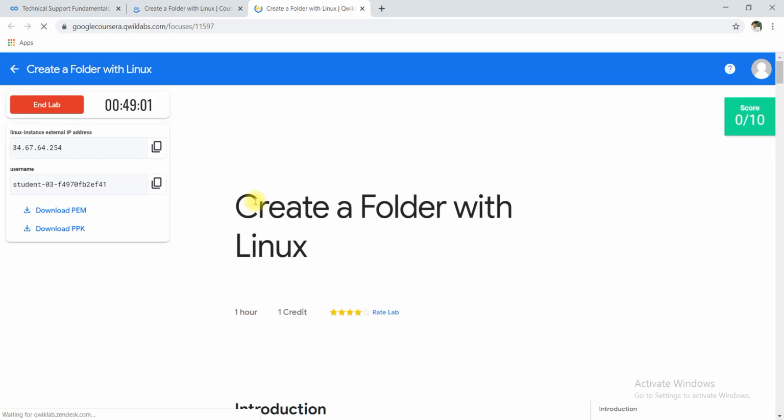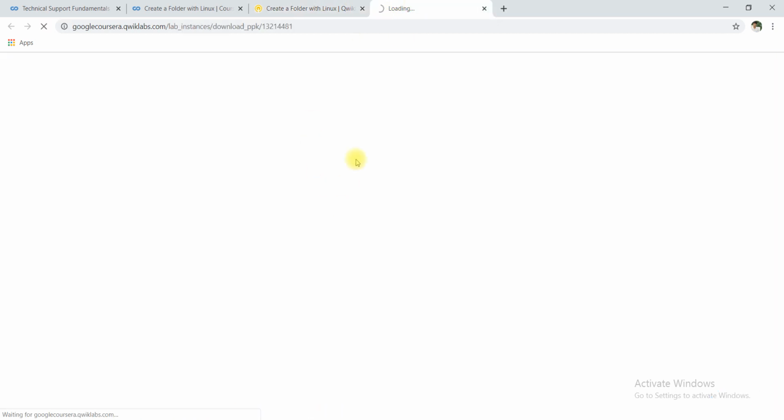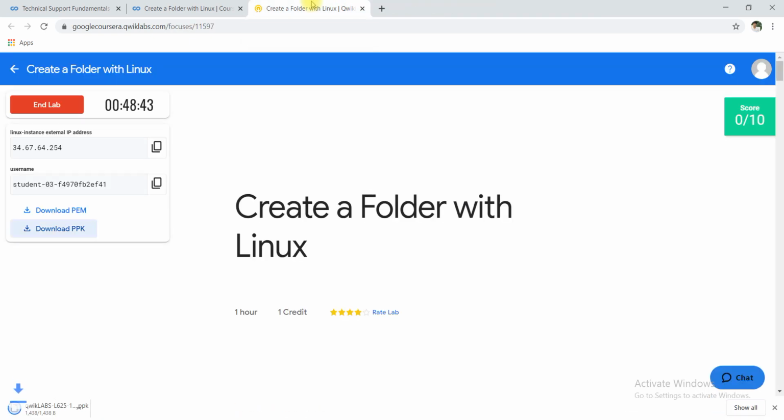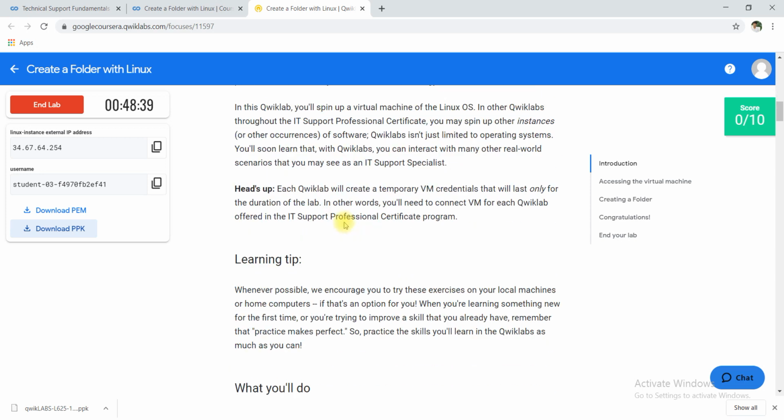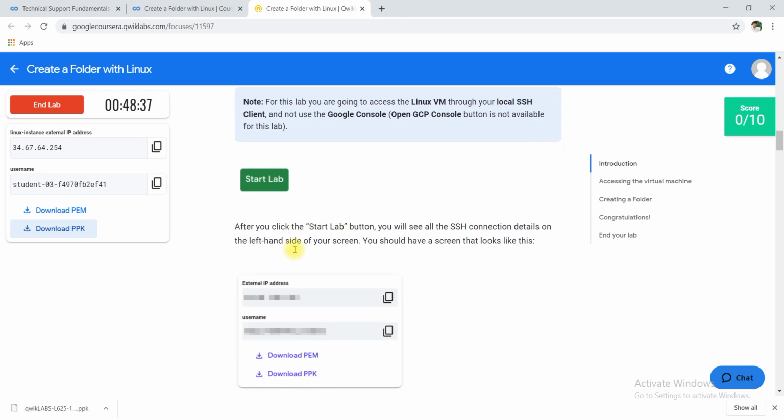It will open the tools, and you can see my lab has already started, because earlier I had tried. I will download this PPK file. You have to download it the same way. Okay, download completed. Now what do I have to do?